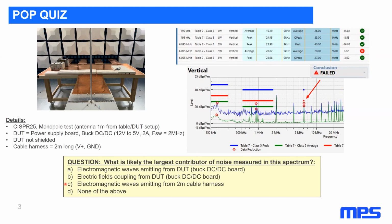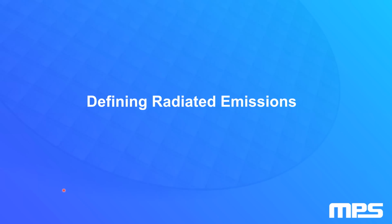C, electromagnetic waves emitting from a 2-meter cable harness? Or D, none of the above? So if you have an answer, you might jot it down in your notes or just think about that more, but we'll come back to this later. So defining radiated emissions,